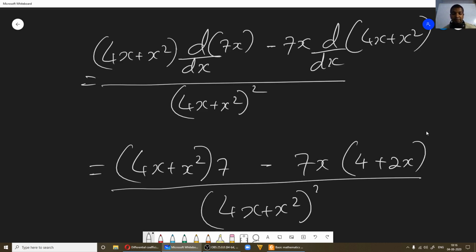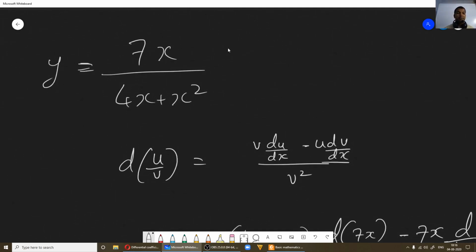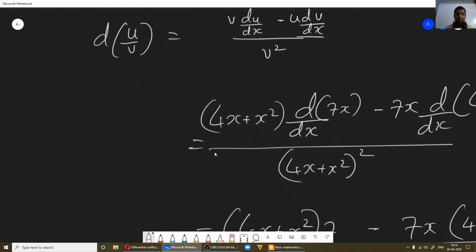Now you can simplify further. This will be the differentiation of this ratio, which is a function of x. Fine, this is how we find